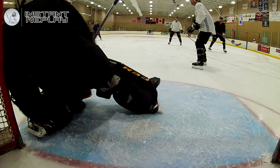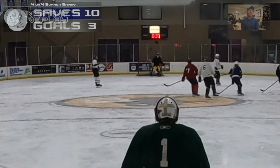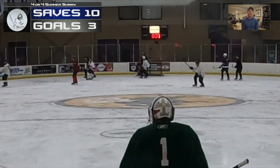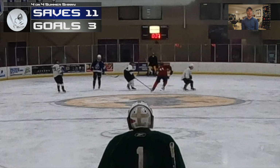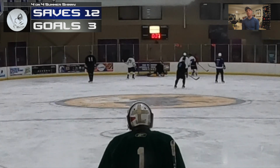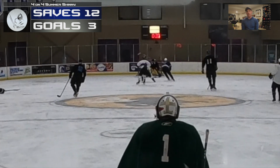So I'm out, kind of make a good save, and then my defenseman's there. I take for granted that he's going to be able to just kind of clear that. Just a little bit lazy, to be honest, and a guy kind of hits his stick and it goes 5-hole. A little bit embarrassing, but also just a little bit of reminder that I've got to be ready all the